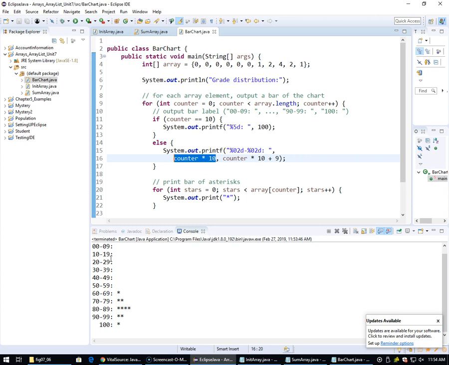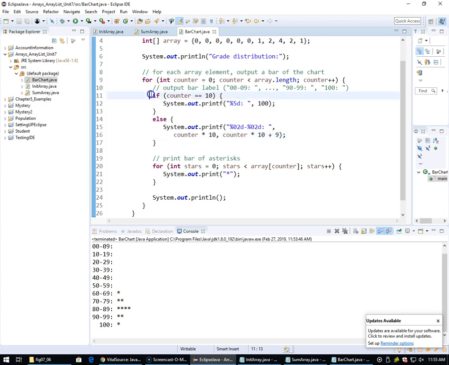Guys with me? So this else statement is printing 00 to 09, 10 to 19, 20 to 29. Now when it becomes 100, then you do not have this 90 to 99. You're going to print 100 directly. So you can write, or you can have the program do anything that you would like. Okay, so that's what I'm doing over here. Now